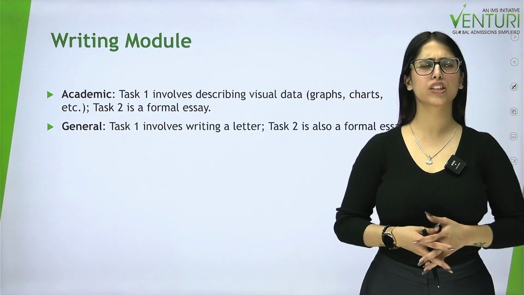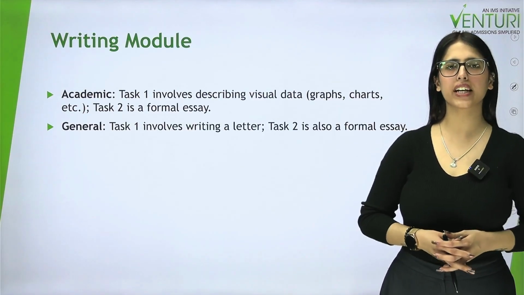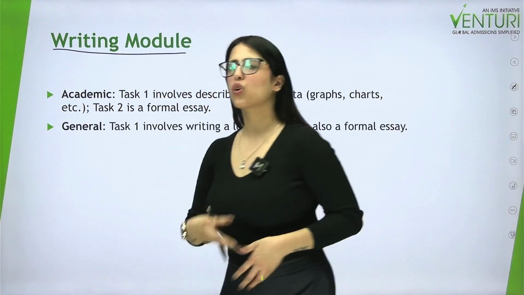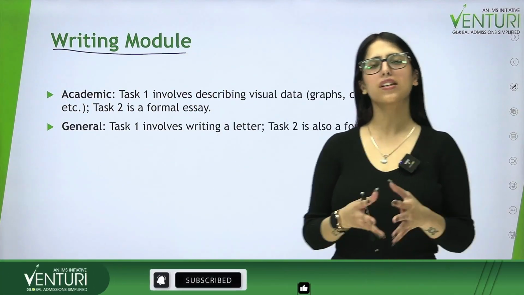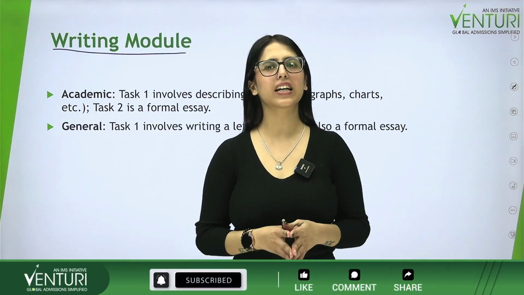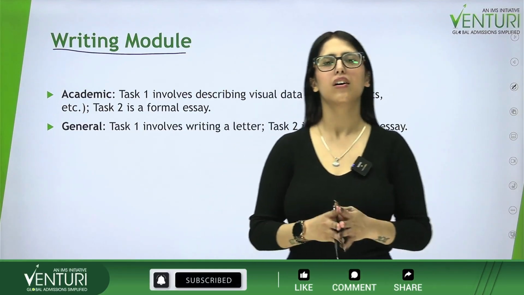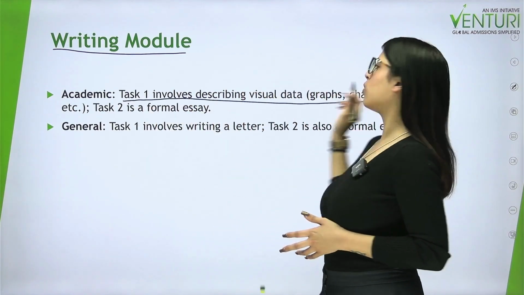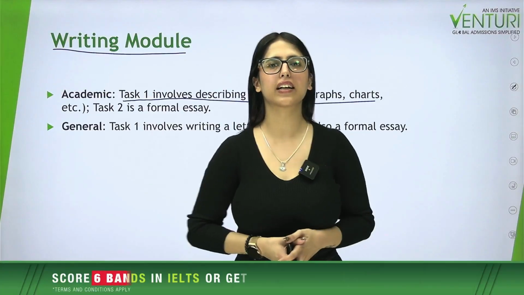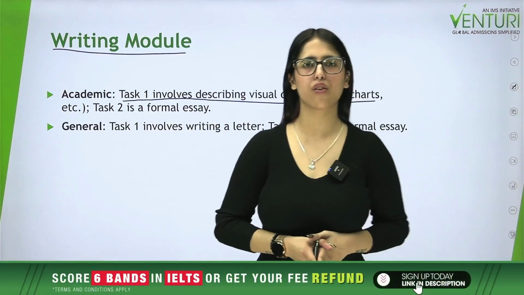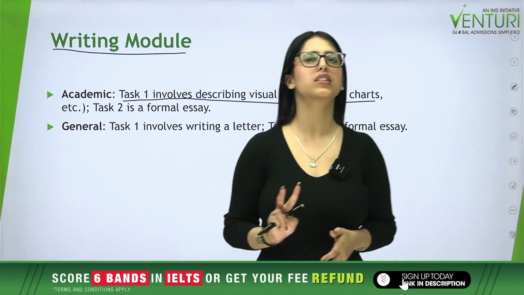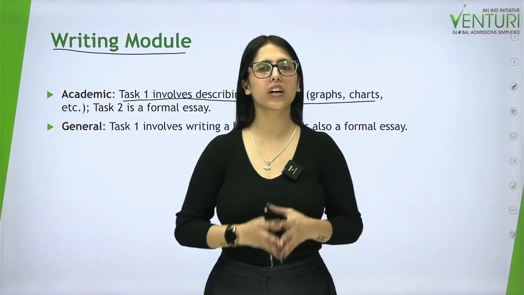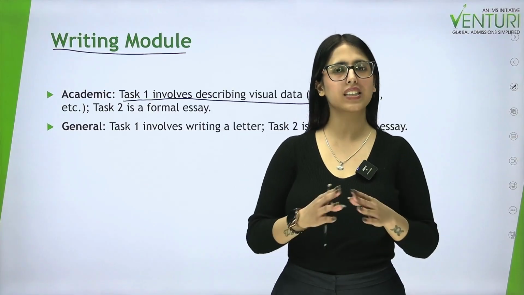So the second difference between academic and general training IELTS is related to your writing section or writing module. So what is the difference here? Let's see. The difference here between the two of them is related to task 1 of the writing section. If you are following my videos up till now, you would know that in the writing section of academic module of IELTS, you have two task types, and the first task is related to some data set. So here they give you a question which has a data set in it.